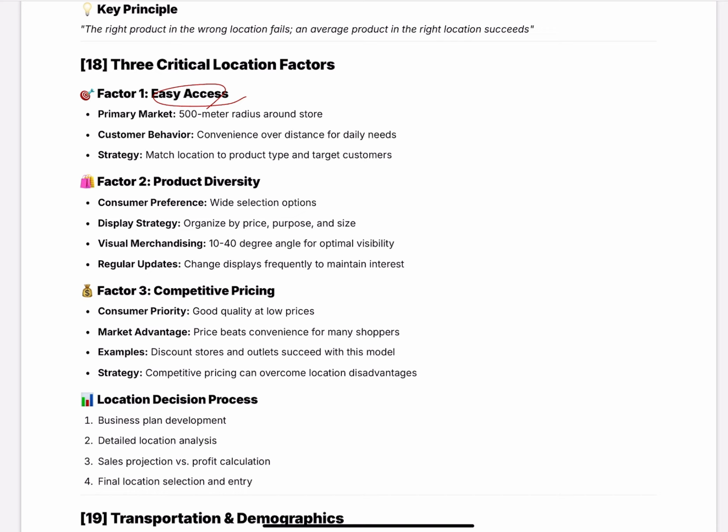So your location decision process should follow these steps. Develop a comprehensive business plan, conduct detailed location analysis, including foot traffic